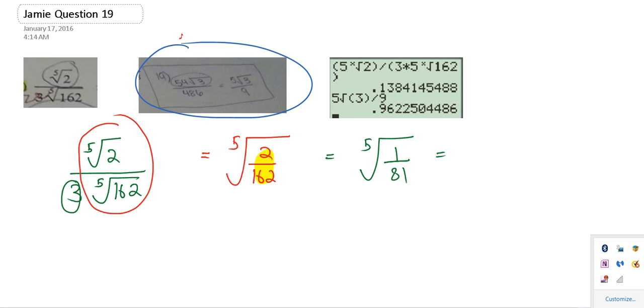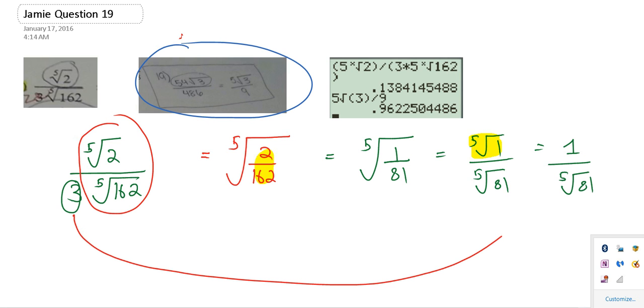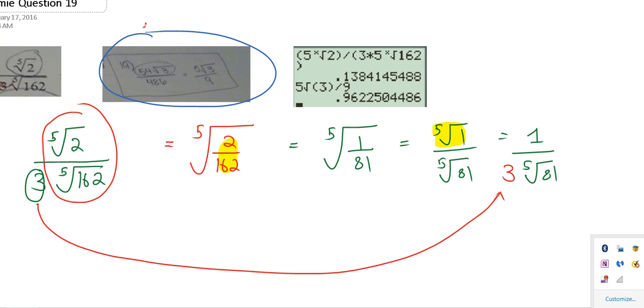And you can write that as the fifth root of 1 over the fifth root of 81. And the fifth root of 1 is simply 1, so that's 1 divided by the fifth root of 81. Then we bring our 3 back and put the 3 there. So this is simplified, but I guess your teacher wanted you to get rid of this radical sign there. And the way you get rid of that is you need to times by